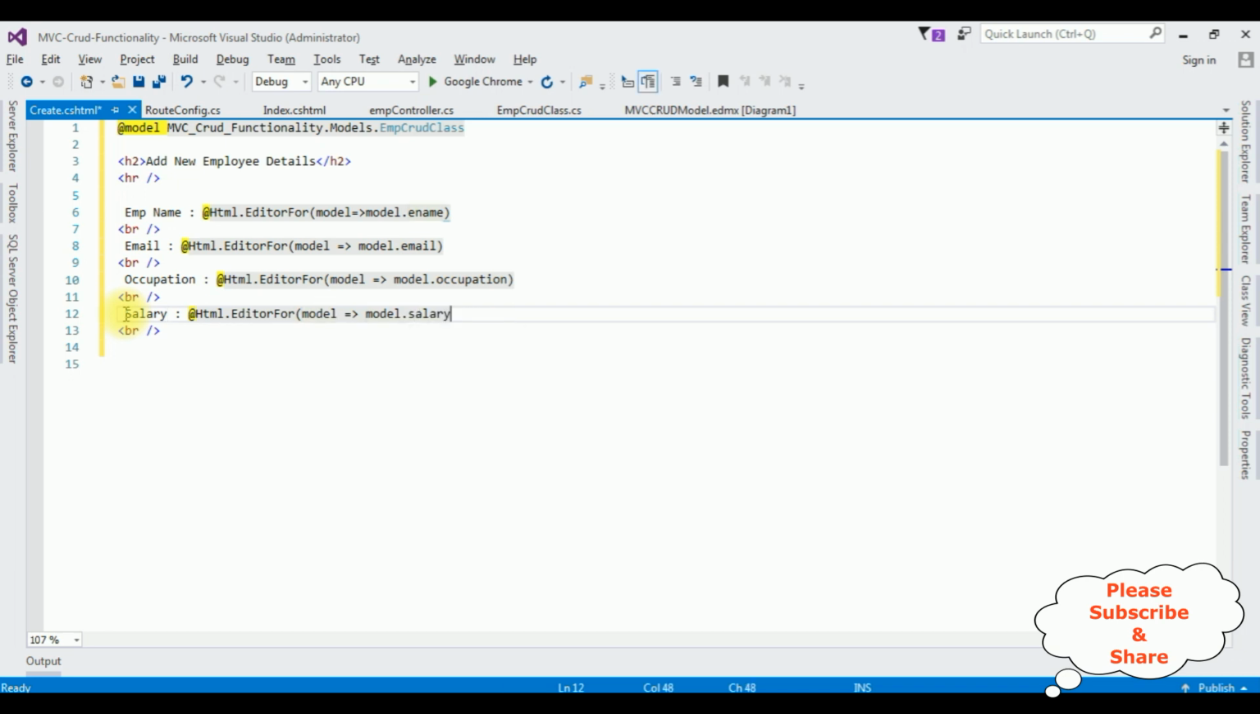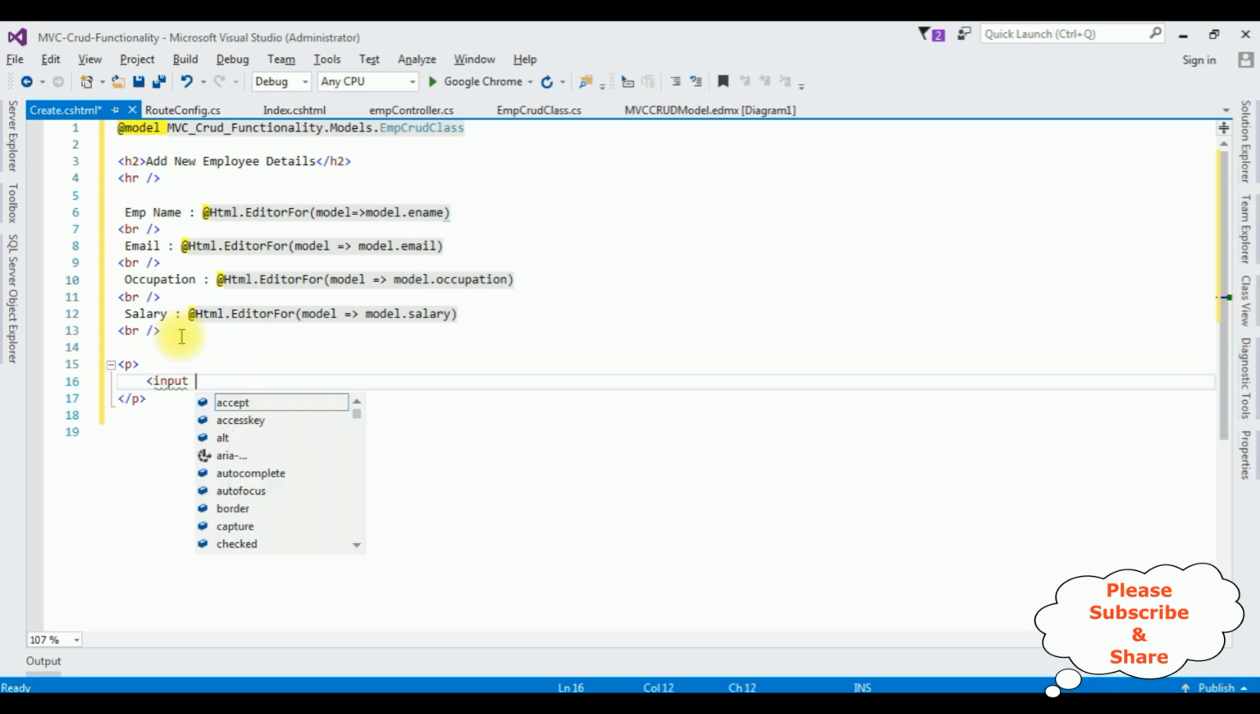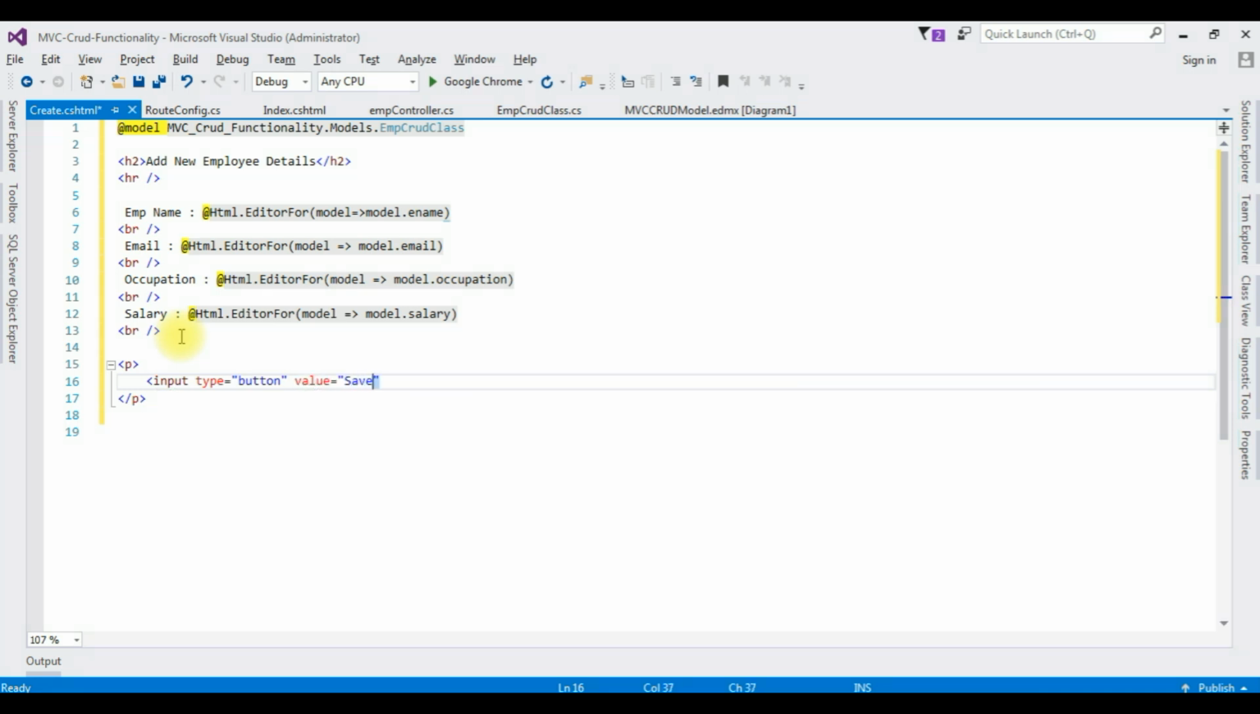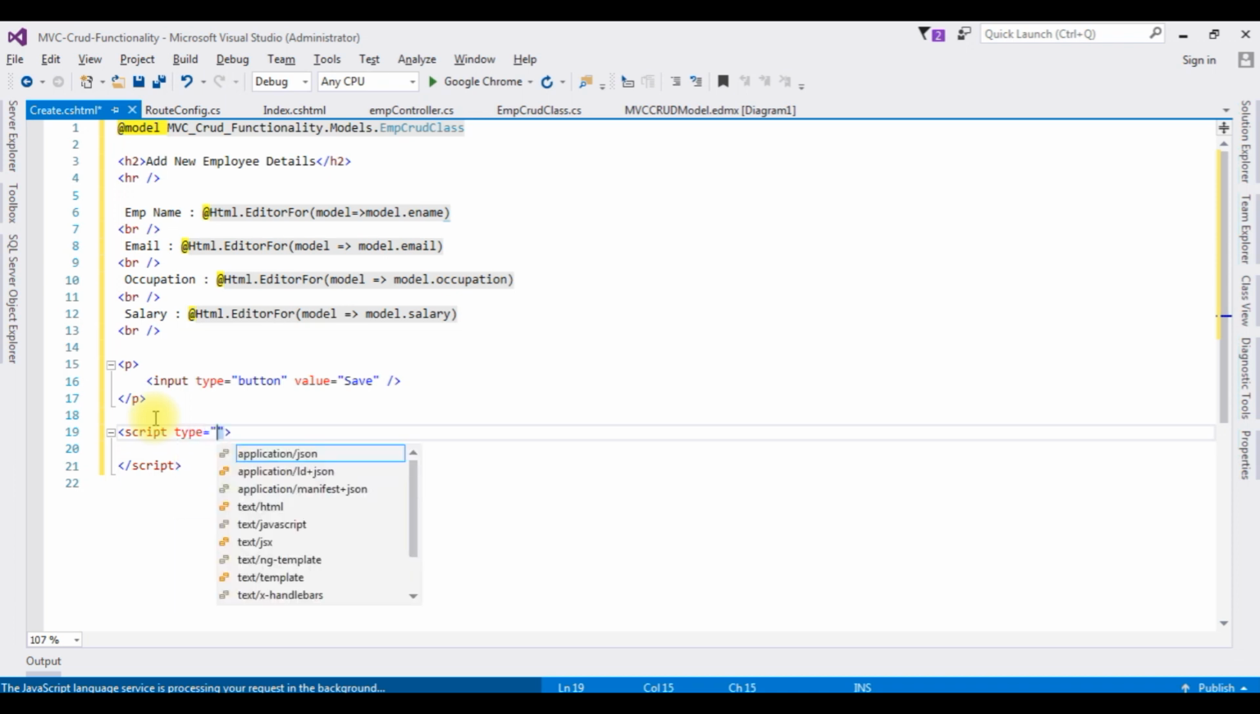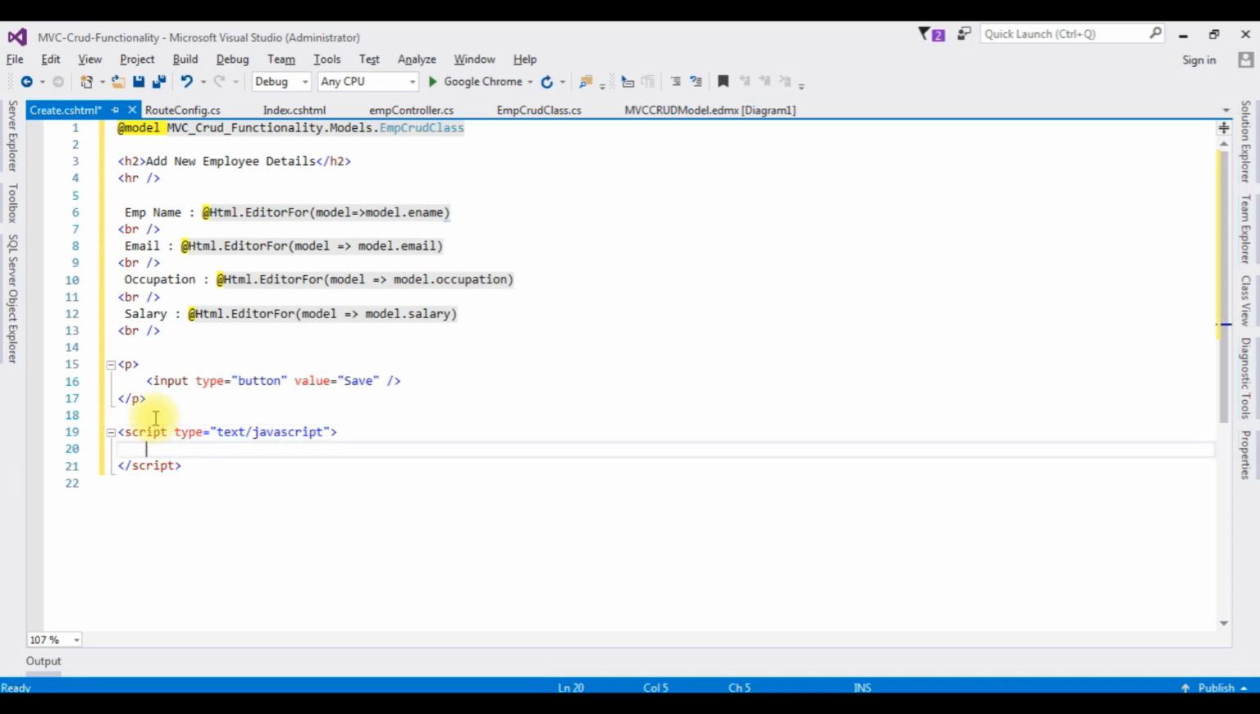Dot salary. After that, I'm adding p tag. Inside this p tag, I'm adding button control. Input type is equals to button. Value is equals to save. After that, I'm adding a JavaScript script. Type is equals to text JavaScript, function save details,